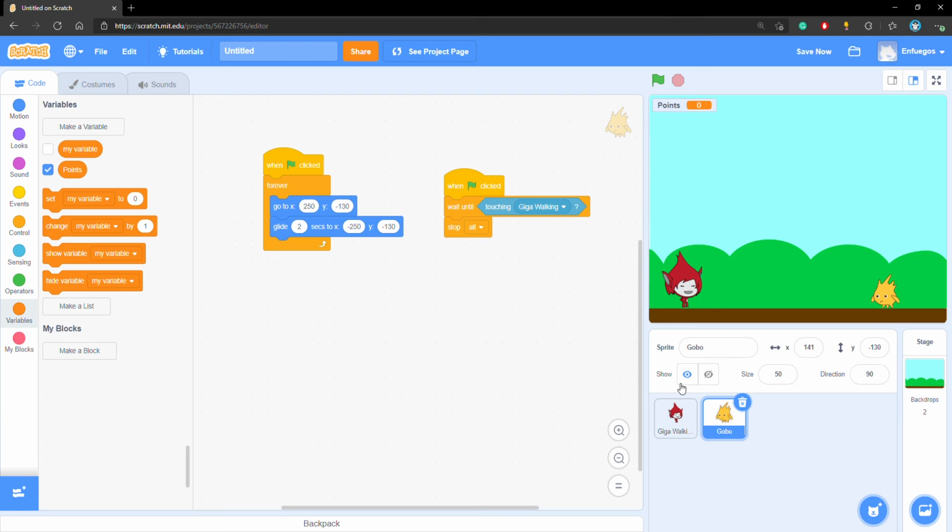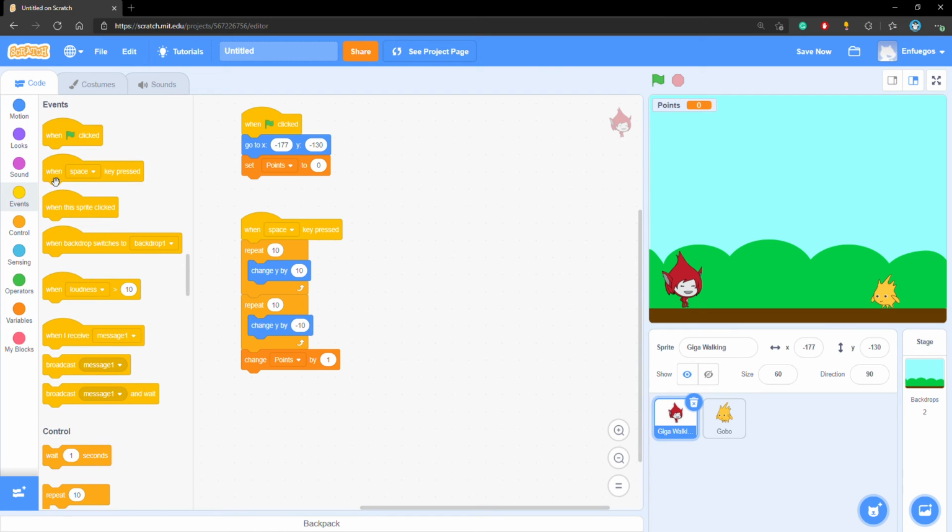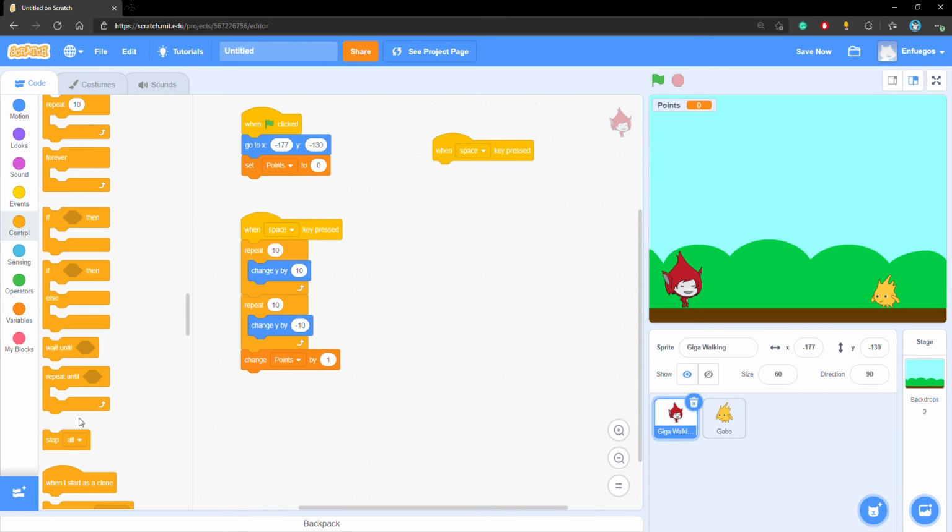Now, I want to add a message. If my sprite jumps and touches this character, I want him to say something. So let's go back to our character. There we go. Now you can see we are on our character. Now we're going to add, go to events. When the space bar is pressed, we are going to wait until, go to control. We are going to wait until, okay, touching. Go to sensing,